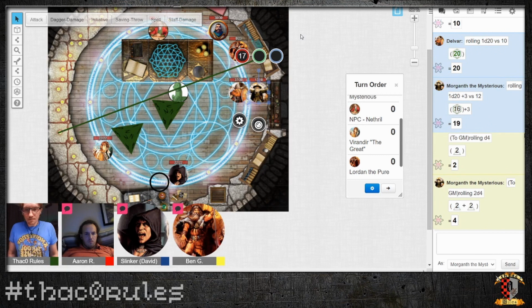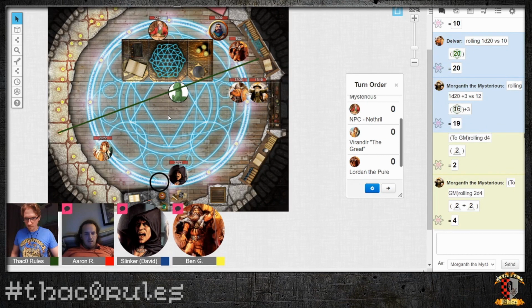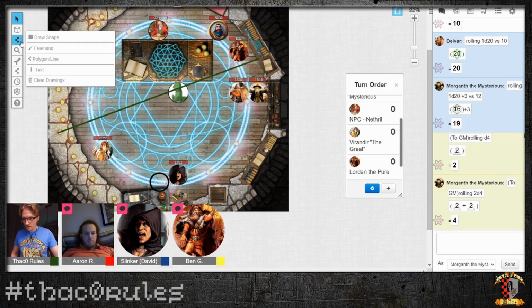Evard's Black Tentacles. Yeah, I figured that's what it was. So now it is Varandir's turn. All right. Varandir, where are these tentacles at? They are basically...